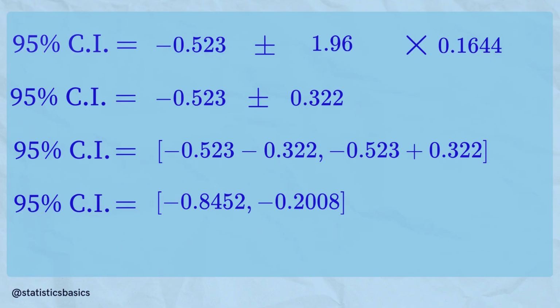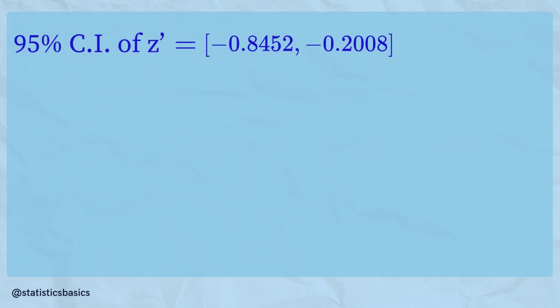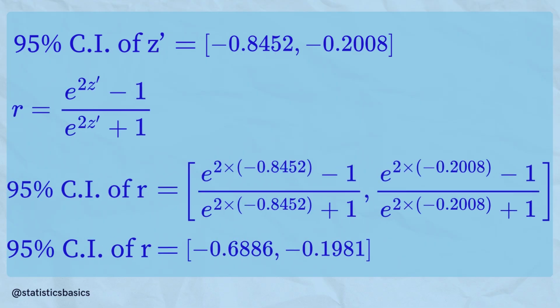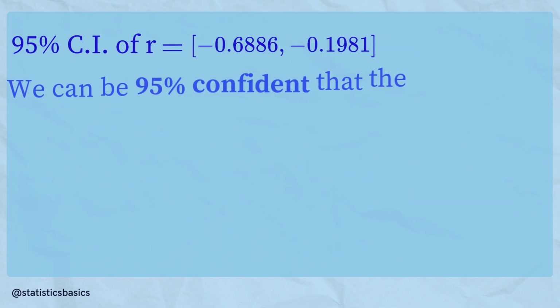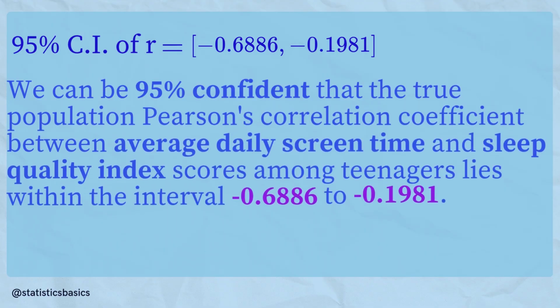-0.2008. To convert these confidence interval limits back to the r scale, the following formula is used. The lower limit for the population correlation coefficient is approximately -0.6886, and the upper limit is approximately -0.1981. Therefore, we can be 95% confident that the true population Pearson's correlation coefficient between average daily screen time and sleep quality index scores among teenagers lies within the interval